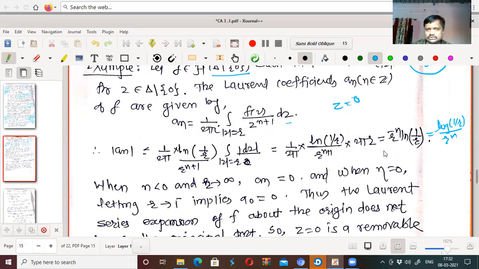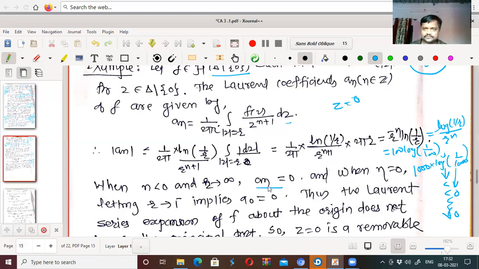Minus n is positive. Suppose this is 100 times log of 1 upon 100, it is like this. Right? 1000 times log of 1 upon 1000. We know that log of 1 upon 1000 is smaller than log of 1 upon 100. That means the log term is decreasing, decreasing, decreasing. So as this term is decreasing, it is approaching 0 as r tends to infinity. This term is approaching 0, and therefore a_n is approaching 0.